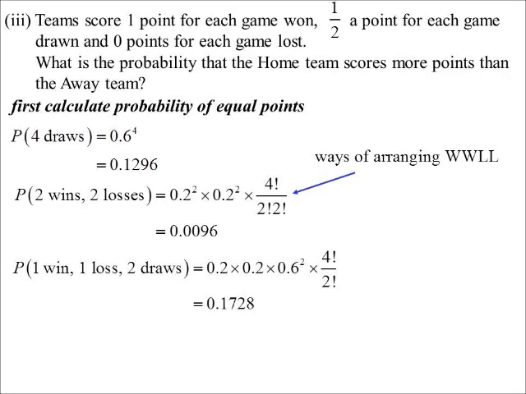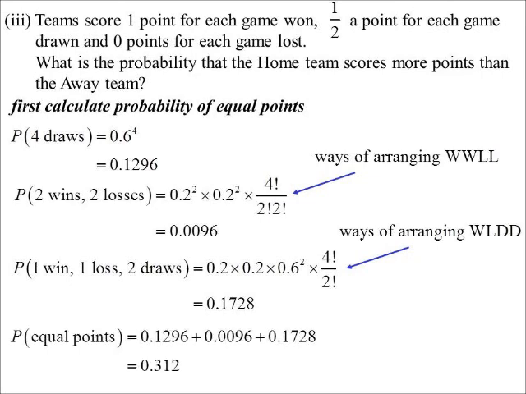Okay. 1 win, 1 loss, 2 draws. That would get the same amount of points for both teams. So same idea. How many ways could I arrange win, loss, so WLDD? So 4 factorial over 2 factorial. 0.1728. Is there any other way we could get the same number of points? I think that's it. Okay, so add them all up, and there's a 0.312 chance that we get the same